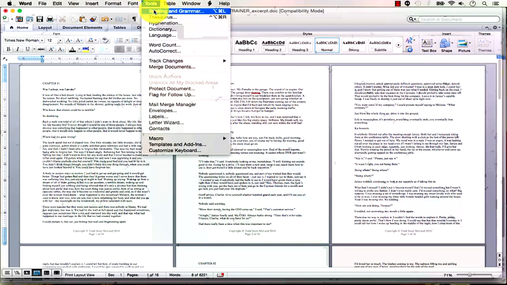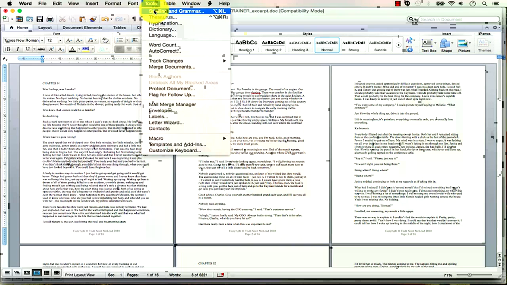I'm going to show you a couple of cool features about the spelling and grammar checker. Checking your spelling and grammar seems like a no-brainer, like everybody should be doing this. But unfortunately, what I find is that a lot of people don't use it. And I'm actually even guilty of publishing quite a significant amount of writing with a lot of spelling and grammar